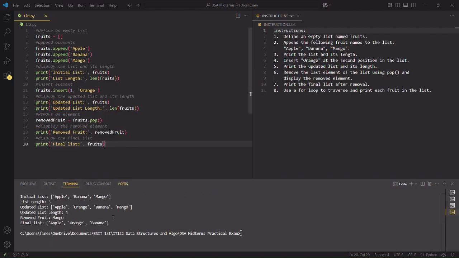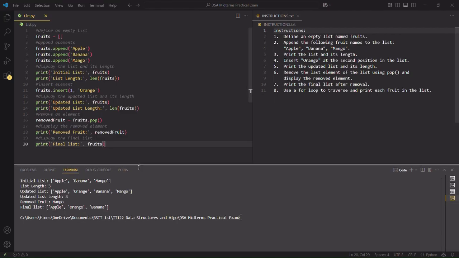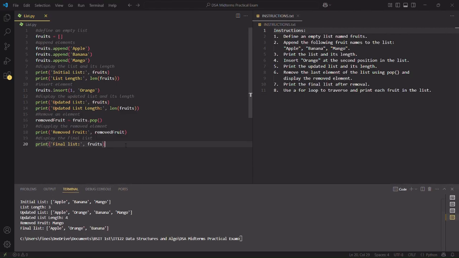Run na to. Okay, apple, orange, and banana. So as we notice, nawala na ang mango. Okay, sakto atong gibuhat. So finally, for the last instruction, we will be using a for loop to print each